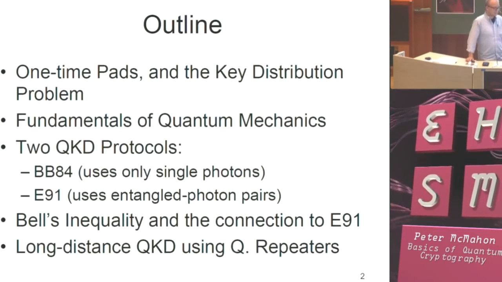Then I will discuss, interleaved with this, 2 quantum key distribution protocols. The first one is one that's 30 years old, from Bennett and Brassard from 1984, which is a protocol that uses only properties of single photons. And with this protocol, you can do quantum key distribution without really much fancy business at all. And so this is a nice demonstration, and it turns out that if you've heard of commercial quantum cryptography,